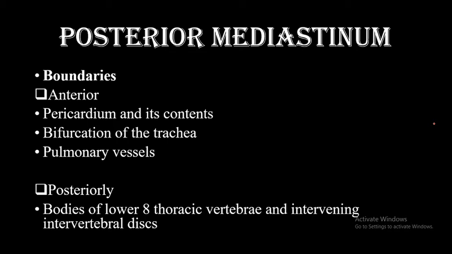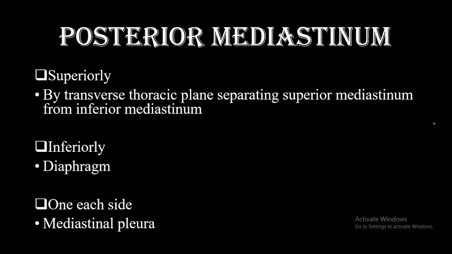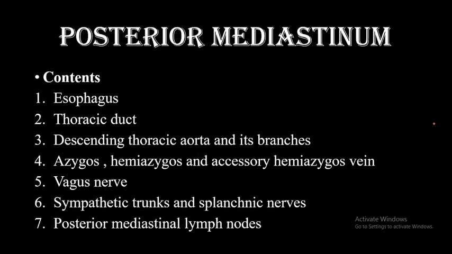Now coming to the posterior mediastinum, boundaries include anteriorly the pericardium and its content, that is the heart. Then there is bifurcation of the trachea, pulmonary vessels. Posteriorly the bodies of the lower 8 thoracic vertebra and their intervening intervertebral discs. Superiorly it is bounded by a transverse thoracic plane which separates superior mediastinum from the inferior mediastinum. Again inferiorly it is bounded by the muscular organ, that is the diaphragm, and on each side by the mediastinal